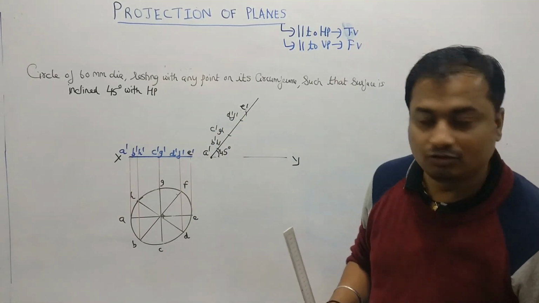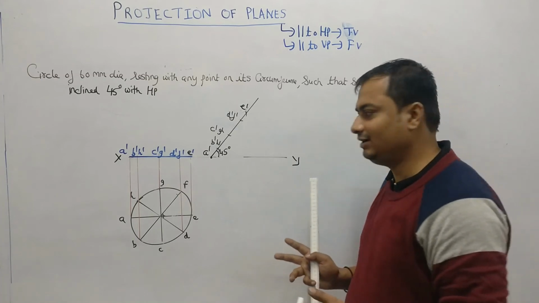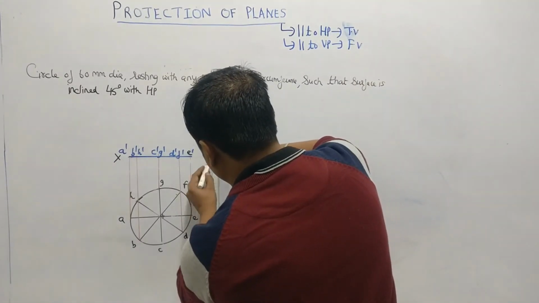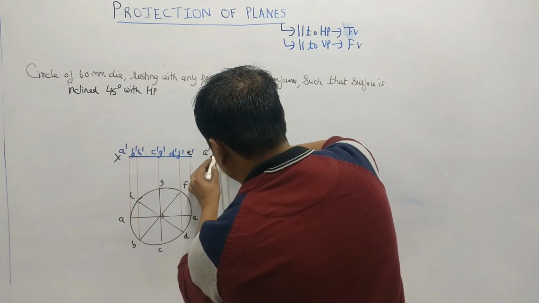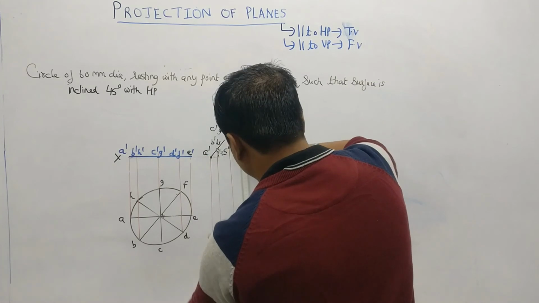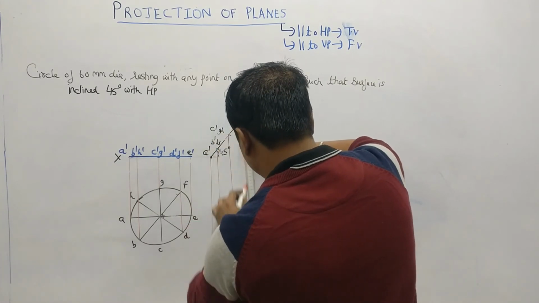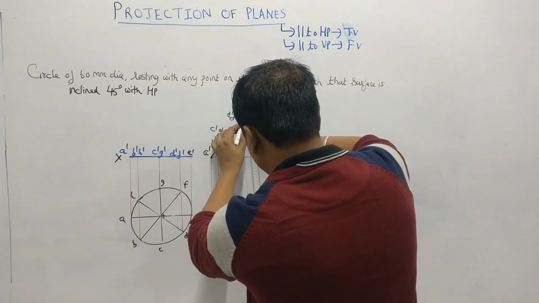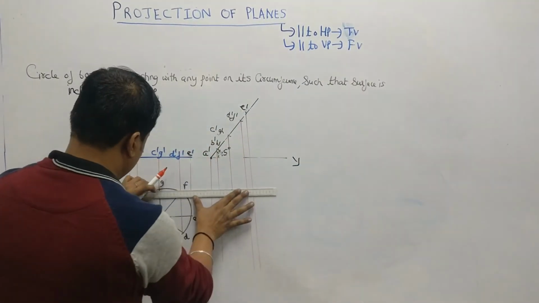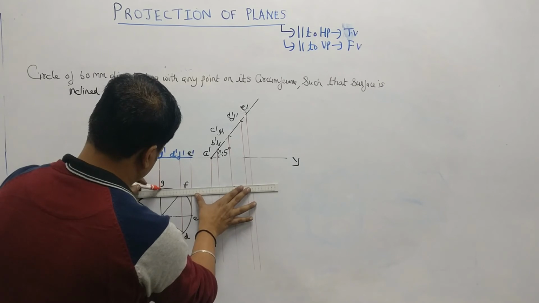Now go for the final top view. Who will give the final top view? The projectors and the locus. So just drop the verticals. Be careful because there will be so many points and so many names, so you have to be very clear. Don't get confused, because there will be so many vertical and horizontal lines, so you have to be very clear about your points.